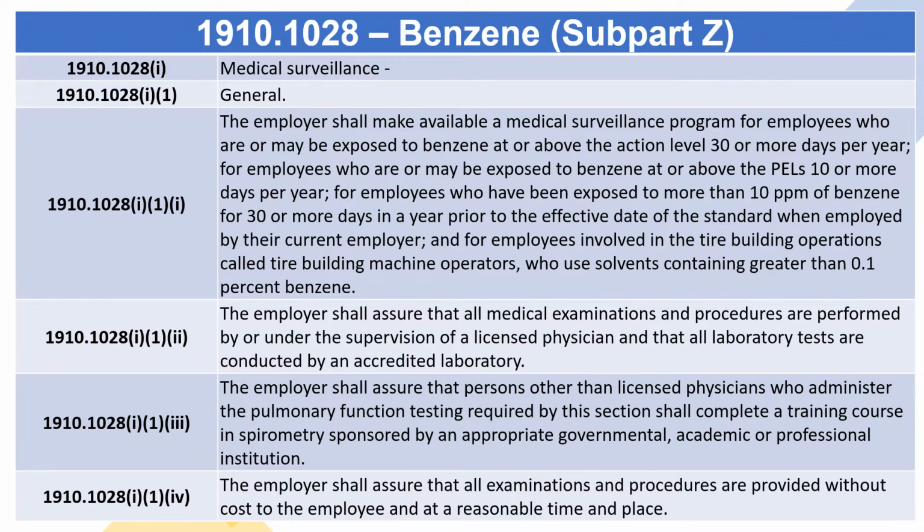1910.1028(i): Medical surveillance. 1910.1028(i)(1): General. 1910.1028(i)(1)(i) through (i)(1)(iv): The employer shall make available a medical surveillance program for employees who are or may be exposed to benzene at or above the action level 30 or more days per year, for employees who are or may be exposed to benzene at or above the PELs 10 or more days per year,